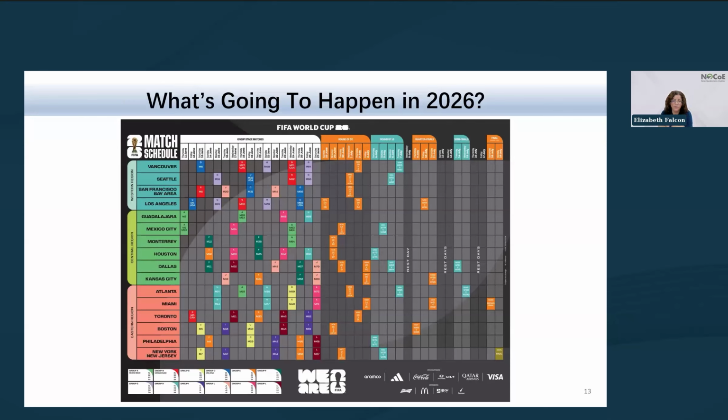This is the match schedule for the 2026 FIFA World Cup with New York, New Jersey match schedule along the bottom row. But it's important to note, New Jersey not only has to plan for 8 matches at MetLife Stadium, including the final match, but also support mobility for 6 matches that are taking place in Philadelphia. And just to make things a little more interesting, there are 3 days where there are matches on the same day in both New Jersey and Philadelphia. Circled here are Monday, June 22nd, Thursday, June 25th, and Saturday, June 27th.